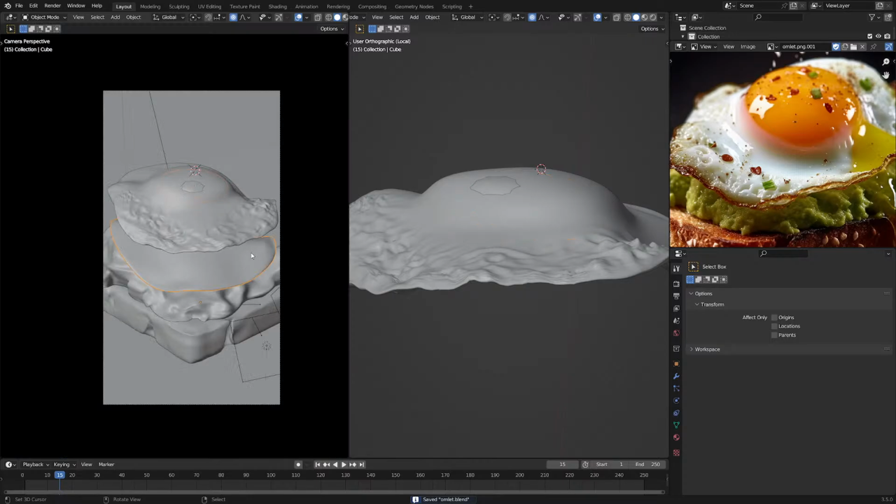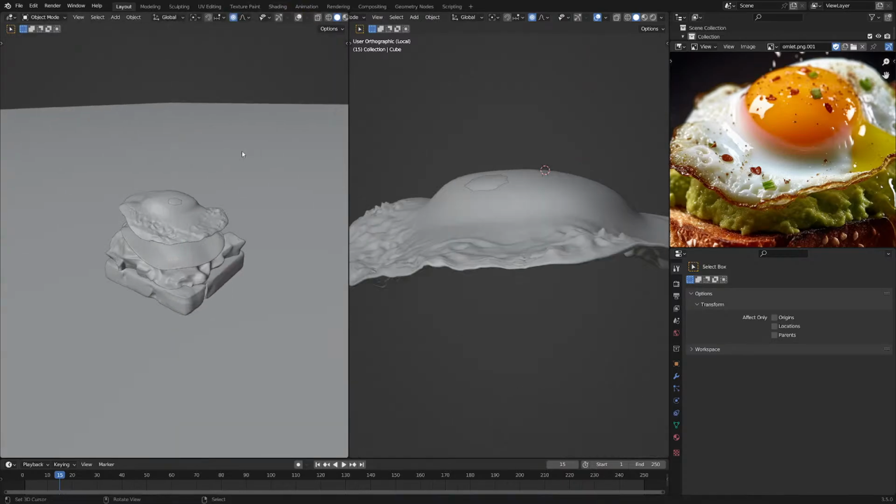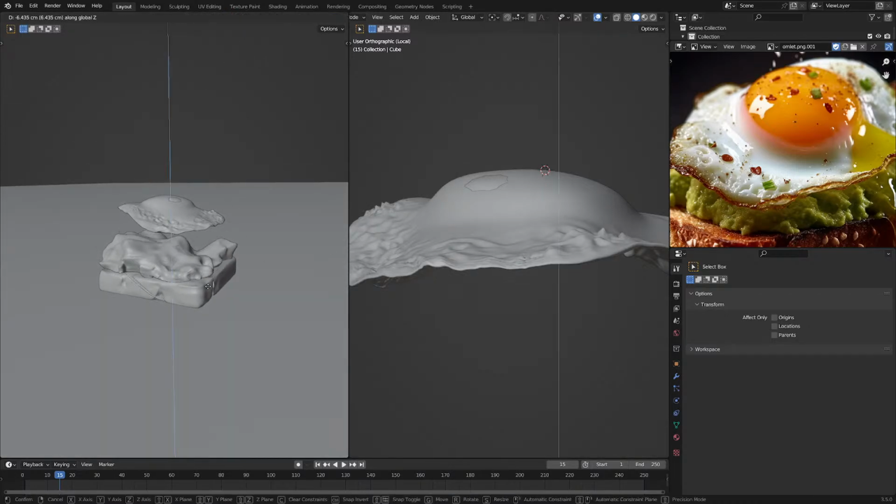So I think something great is going to turn out when I render this. I don't know. I mean, the formation looks nice, and